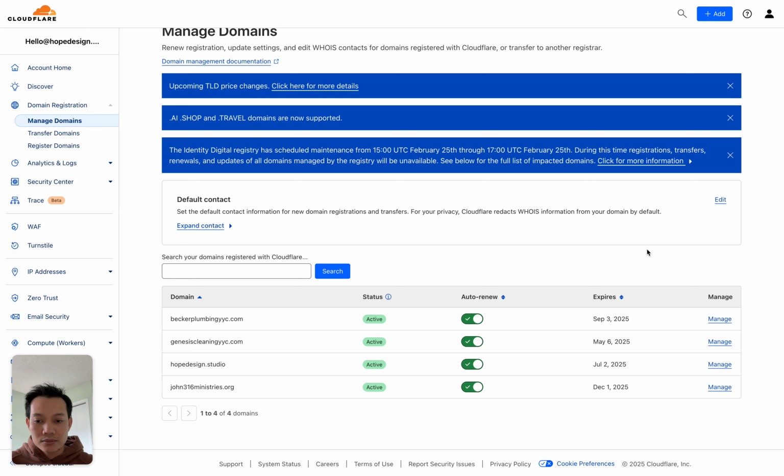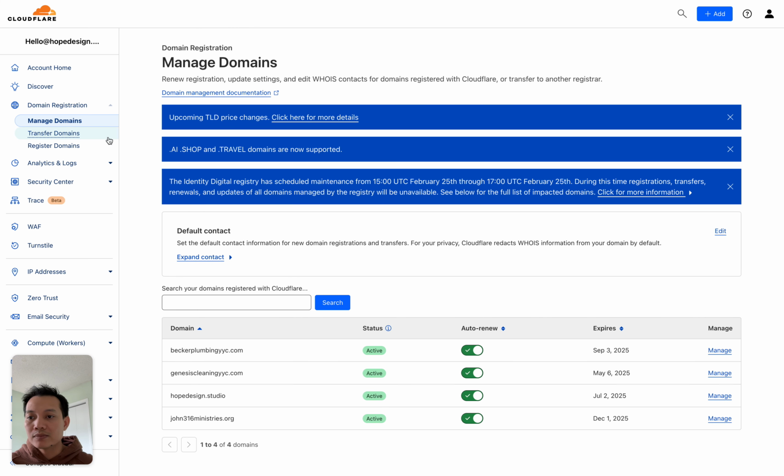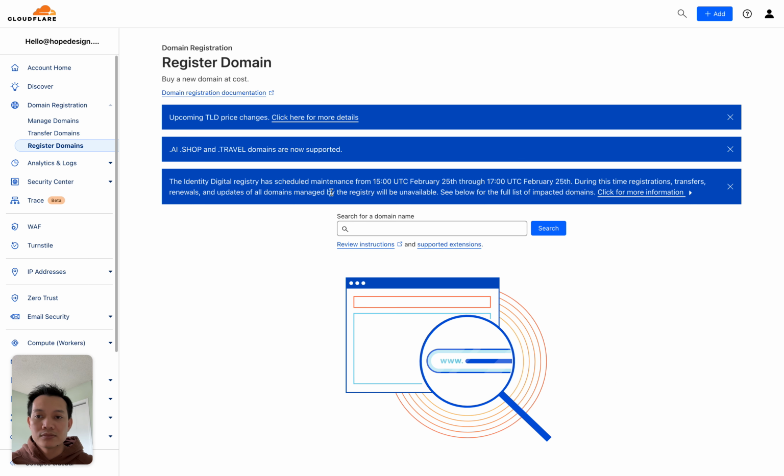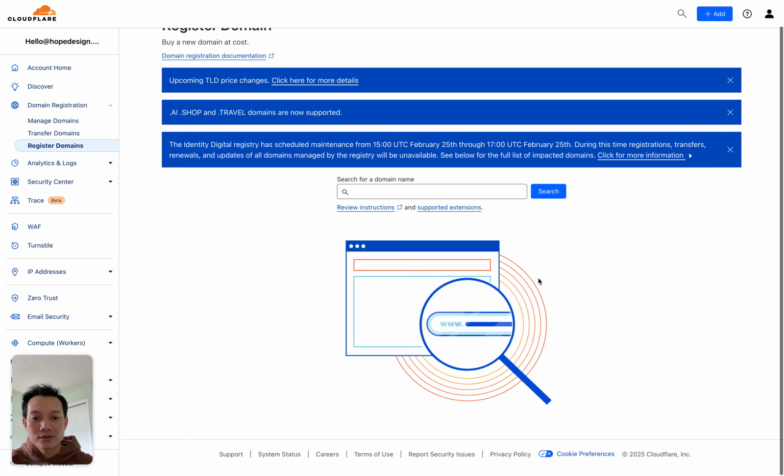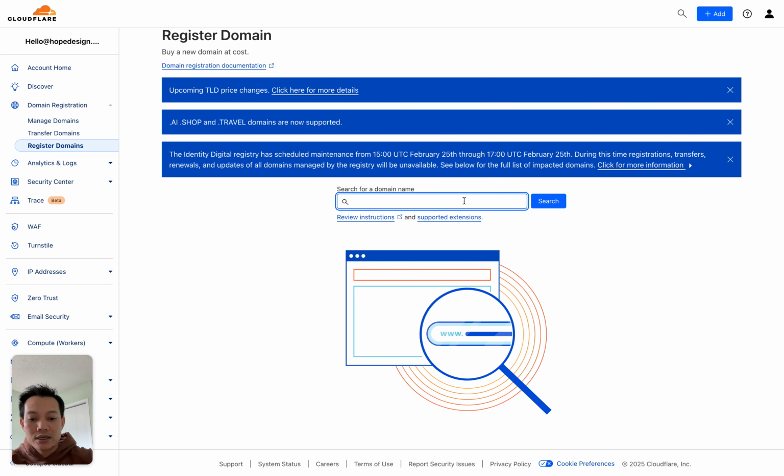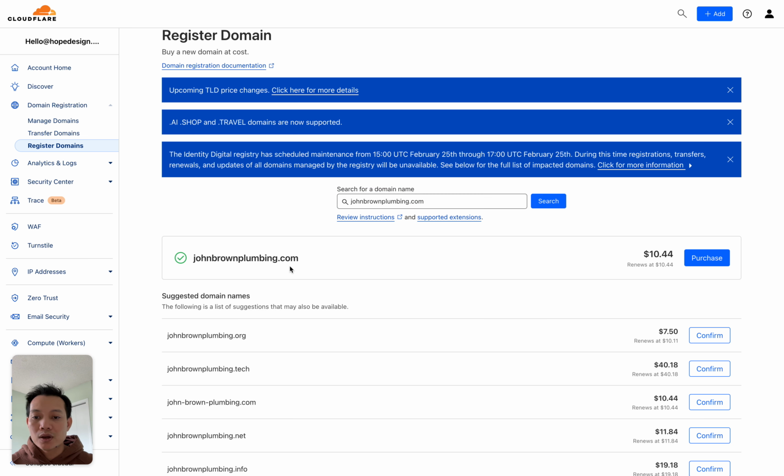Now we don't have a domain yet. We're going to come down here and click on Register Domain. I'm going to search for whatever domain we need. Okay, say we want John Brown, not John Bourne, John Brown Plumbing .com. I'm going to click search. Okay, so johnbrownplumbing.com is available for